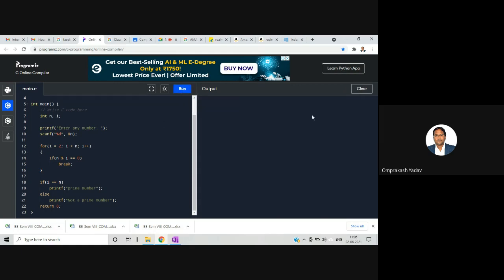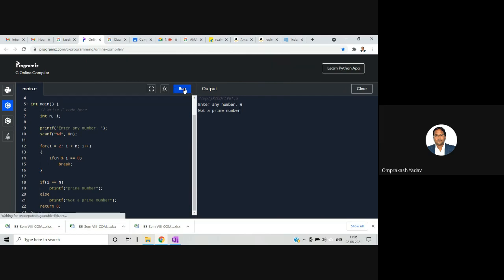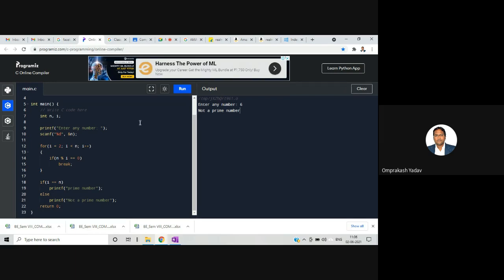Let's run it again. 6. Not a prime number. Sometimes the connection is not proper, then it will not show you, okay, because this is an online compiler. Anyway, so we got this.